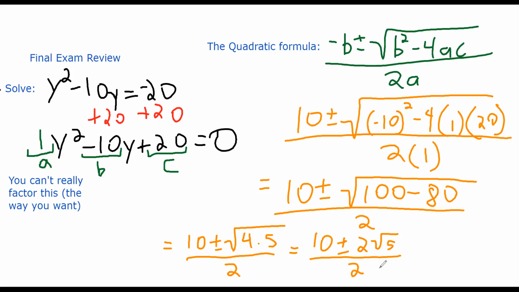And now here's where something slick happens. This 10 is being divided by 2 essentially, as well as this 2 square roots of 5. So a little cancellation is going to occur. 10 divided by 2 is 5. These 2's can cancel all the same. So